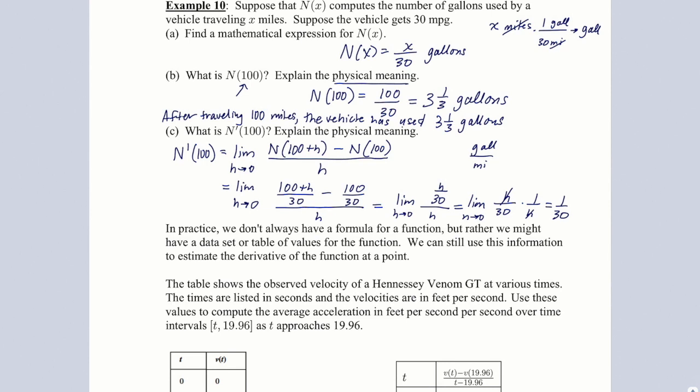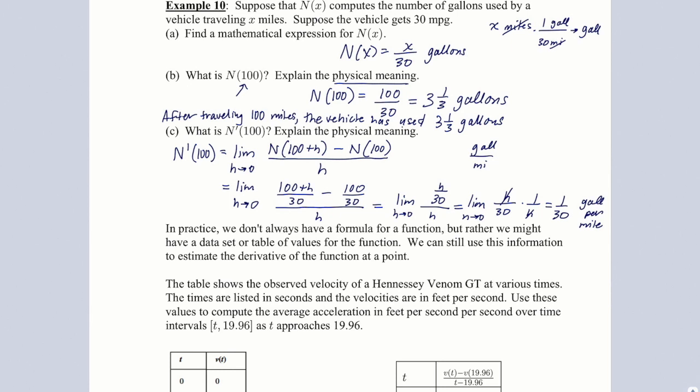Which makes sense, right? Because this is really just a linear function. It's 1/30th times x. And the slope of that function would be 1/30th. And we said for a linear function, the slope and the derivative should be the same thing. So it makes sense that we're finding that the derivative is 1/30th. And that really doesn't depend at all on the 100. We're going to get that same slope no matter what the a value is, because the slope of this function is 1/30th at every point, right? So 1/30th gallon per mile,